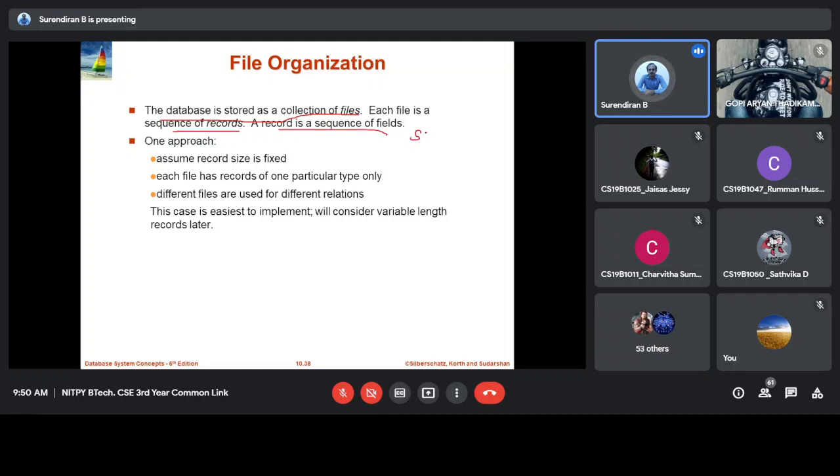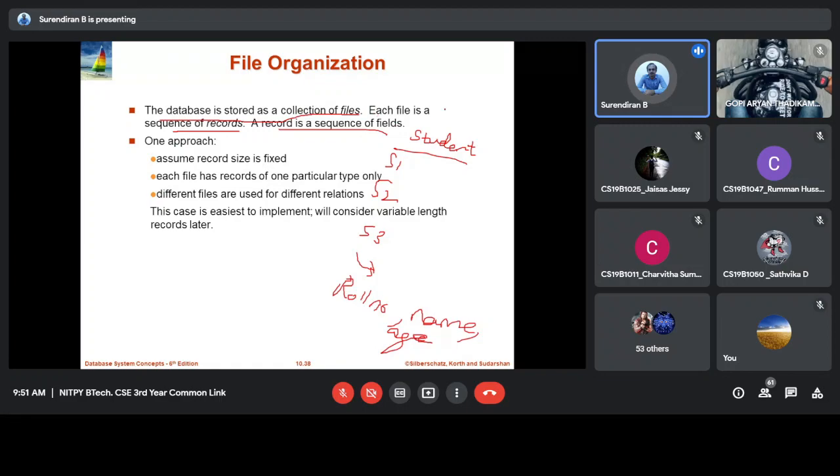So student is a database, and it may contain several records, that is student one, student two, student three records. For each student, we have roll number, name, age, etc. So these are all the fields.